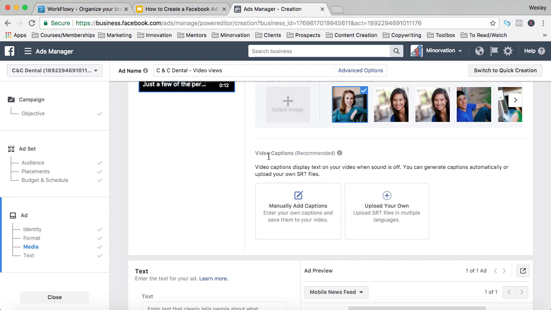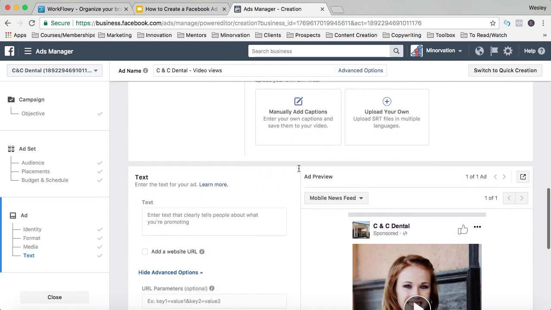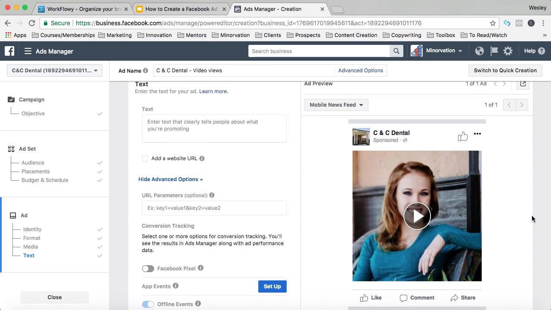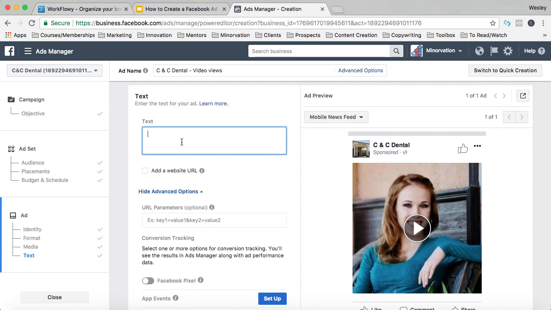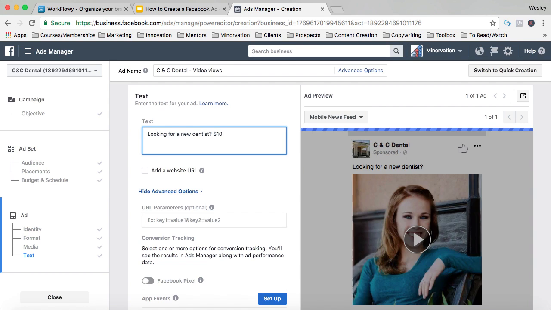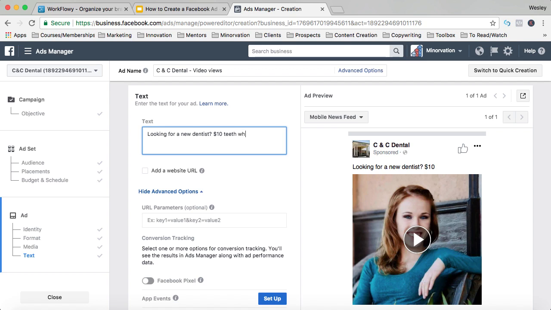And guys, if you have captions, I recommend uploading your own captions because people who don't have their sound on can still read your captions and kind of know what your video is about. And here's what the actual ad will look like on the news feed. Now you have a couple of options here. You definitely want to put some text in here, and in here we're going to put an offer that captures people's attention. So we might say, looking for a new dentist,